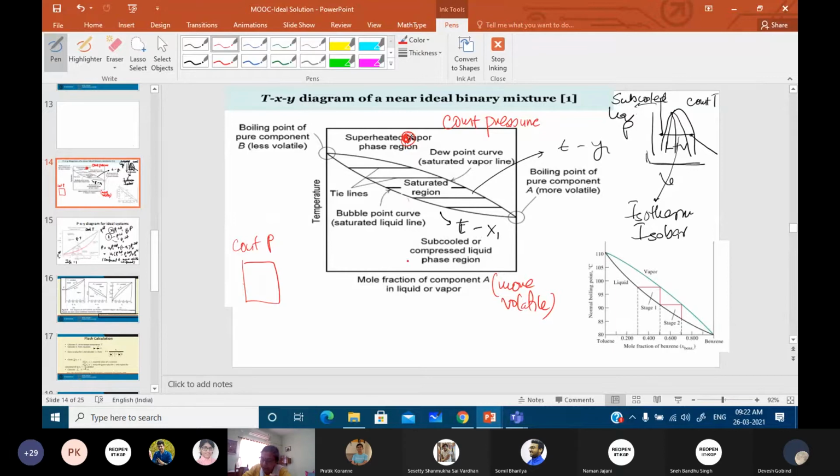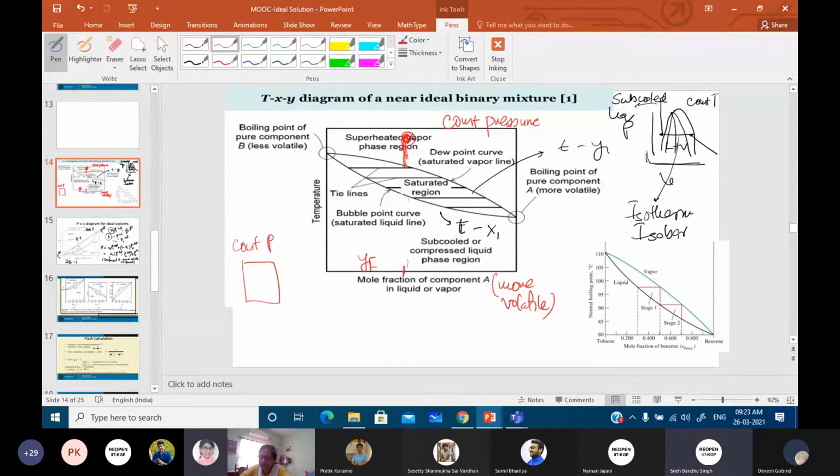When we start cooling, say the composition is some particular composition in the vapor phase, right? So we put it as Y feed. As we start cooling, what do you expect? We expect that when we start cooling, naturally the temperature is getting decreased at constant pressure. So therefore this point is going to follow a straight vertical line, and the composition remains unchanged at YF. This keeps on continuing till the superheated vapor reaches the saturated condition. At the saturated condition, what do you expect?